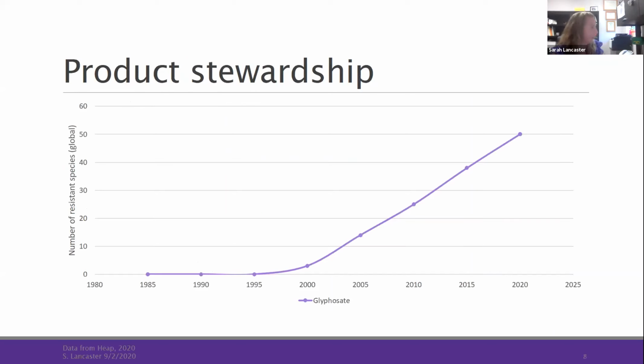Well, we'll keep going. All right, so one other line of discussion I want to have about those new systems is this idea of product stewardship. Okay, so why on earth am I showing a slide here with glyphosate on it? Because I think a lot of people think about glyphosate right off the bat when they think about herbicide resistance, right? So what we're looking at here is the number of cases around the world of weeds that are resistant to glyphosate. So here in 2020, we're sitting at about 50 different species that are known to be resistant to